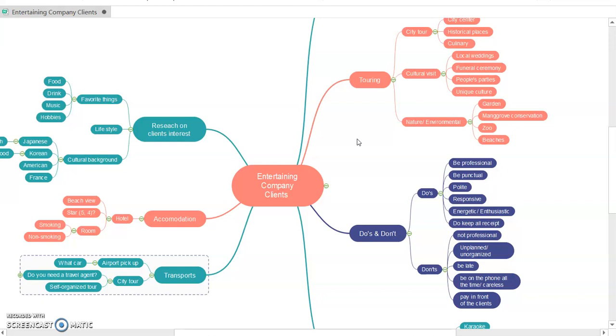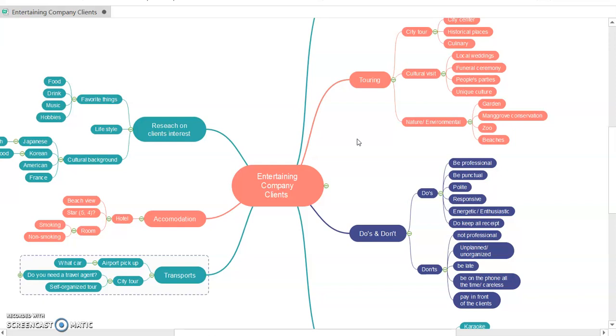Actually, this topic is very important when you're working with company clients or business clients. For example, there are some visitors coming from overseas visiting your company, and you want to serve the guests.